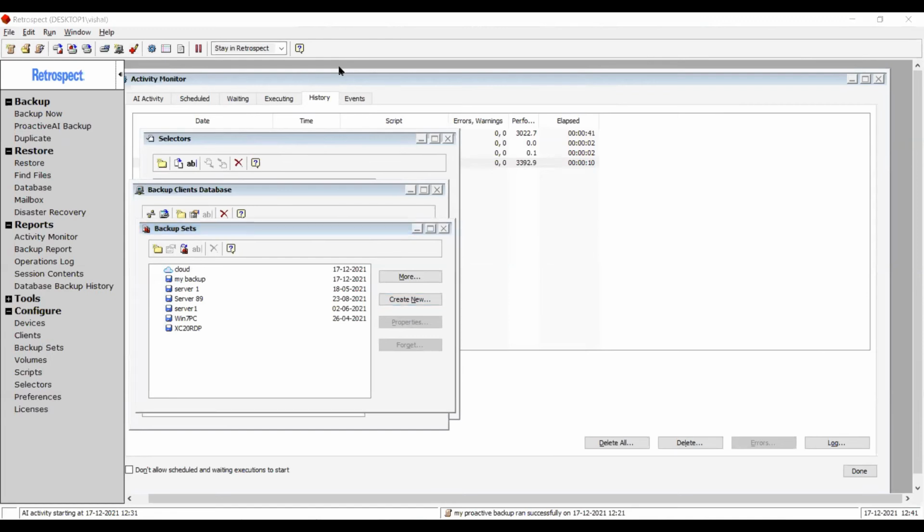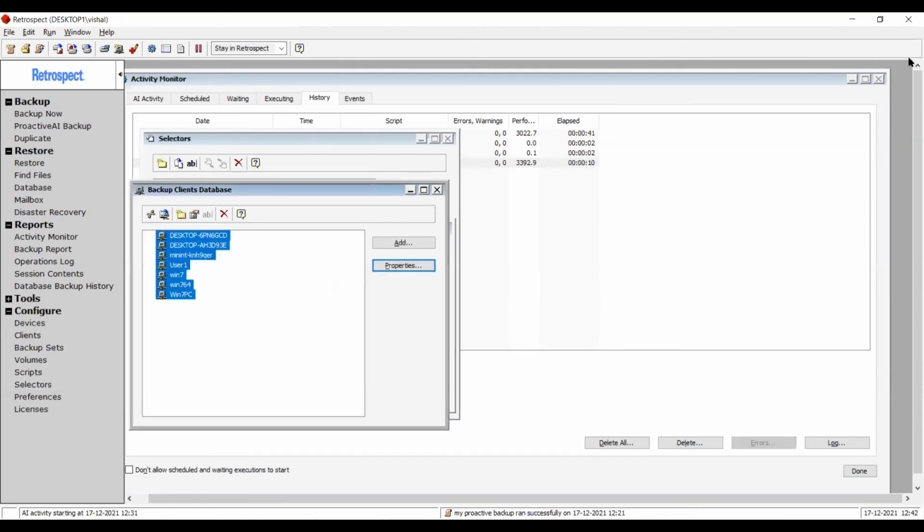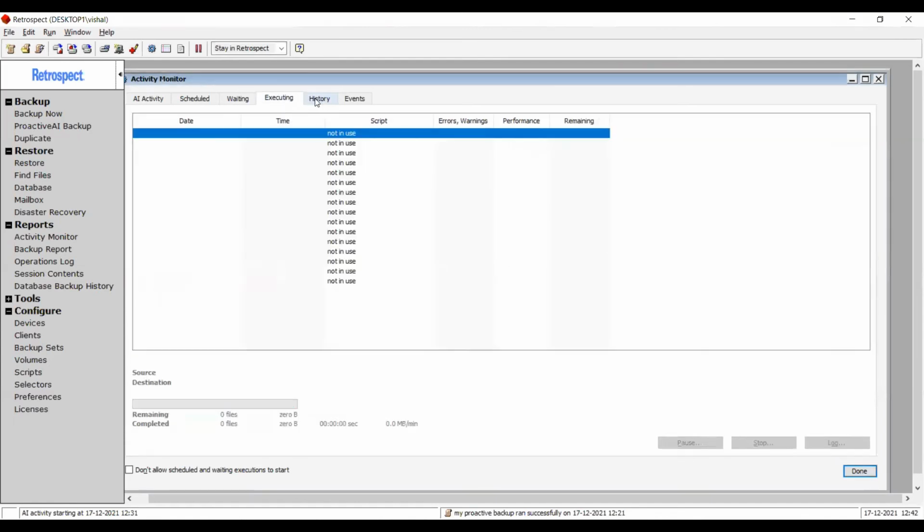So let me just get back to the Q&A window, and we are yet to see the restore. If I'm missing out anything, or if you want me to go over anything, please drop that in the Q&A section. And now I'm answering a few of the questions, and then we will see the restore part. Or let us see the restore part first, and then we will move towards the concluding session.